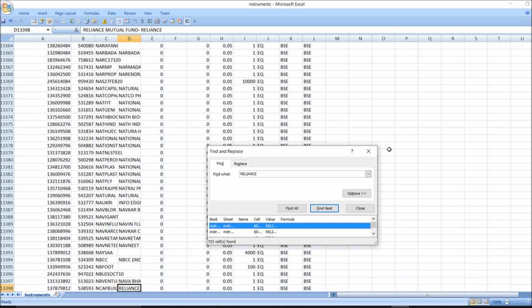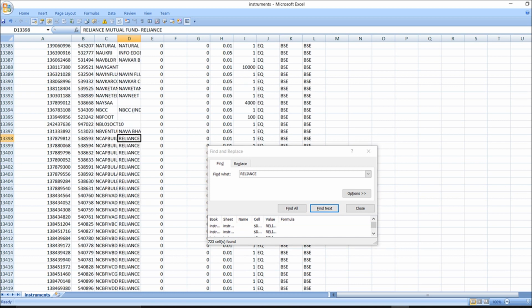This is what happens. If I search, Reliance is particularly there in BSE also, so I am getting some different stuff. But I want my Reliance, and as you can see, it is not easy to get the required instrument token. So this is the easy way: get Python, install it on your system, and go through this code, and it will definitely help. This is the way we can search it out.